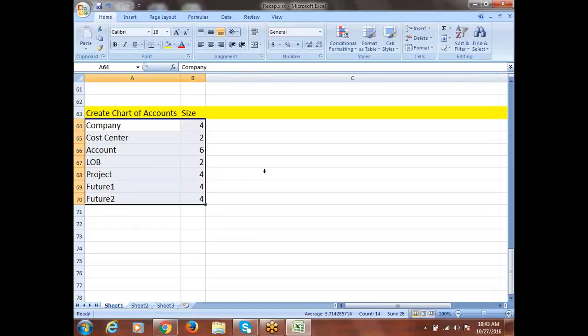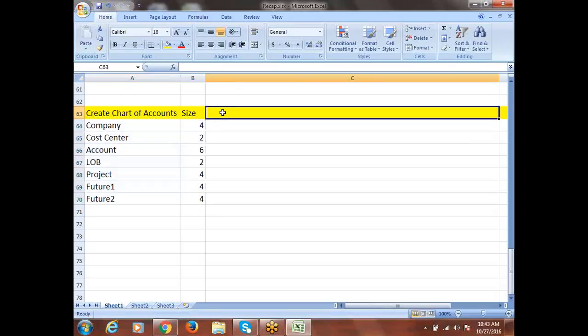Whenever we are creating a transaction, for each segment we have to select the values, right? We have to select the values on a recording. We already have seen how to create the journal. In that case we selected company, department, account. But when you're working, what we can do is go with the defaults. Okay, default values